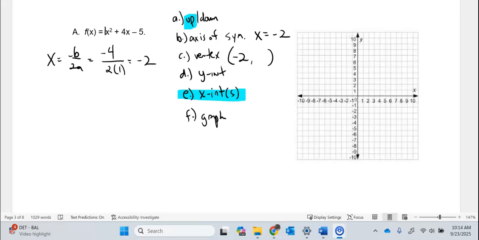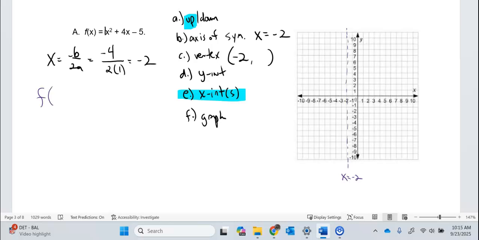So that means, I already know a lot about my parabola. The vertex is going to be on this dotted line, right? That's the axis of symmetry, x equals negative 2. And it's going to open up. Now I just have to figure out where, and that's when to find the y value of my vertex, I plug in,